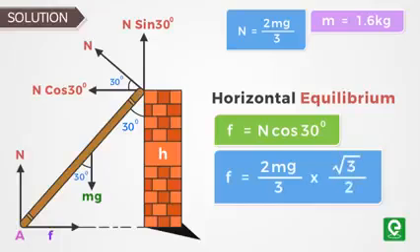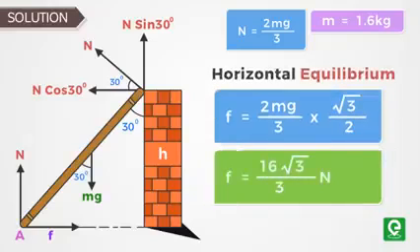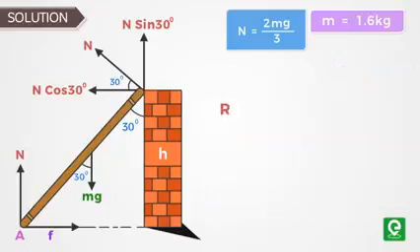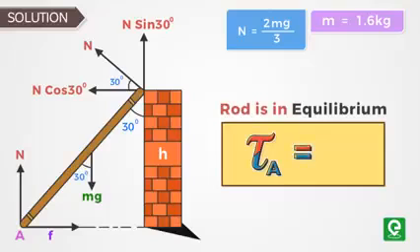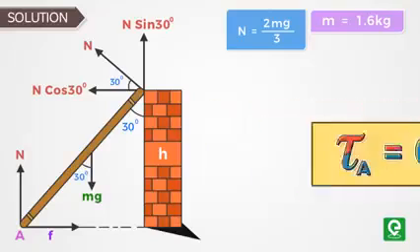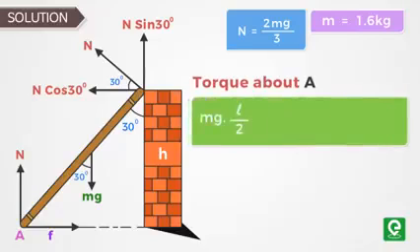On substituting the value of mass and gravity, we get frictional force equal to 16 root 3 by 3 Newton. Since the rod is in equilibrium, therefore net torque about A is 0. Writing torque about A, we get mg into L by 2 cos 60 degrees equal to